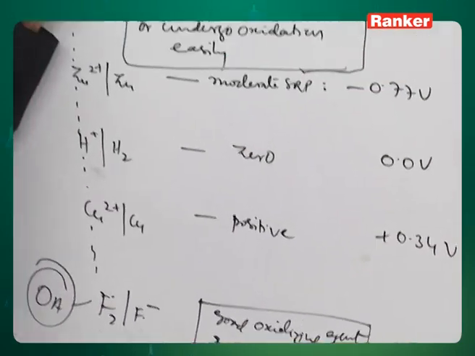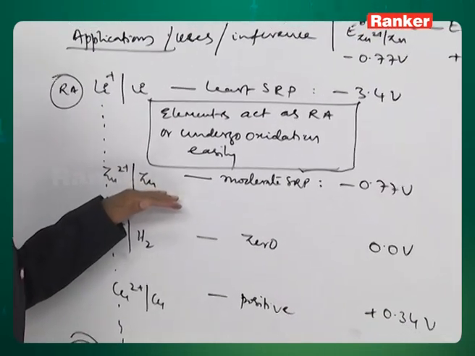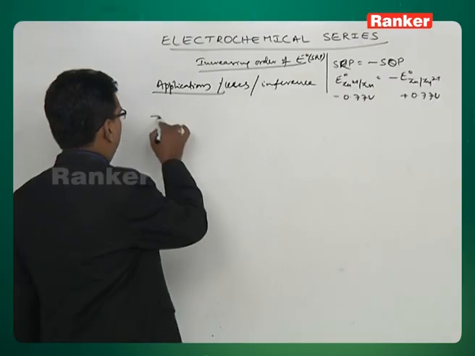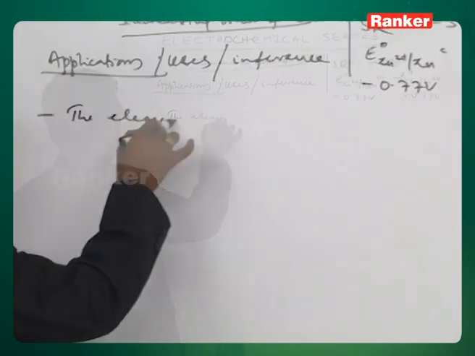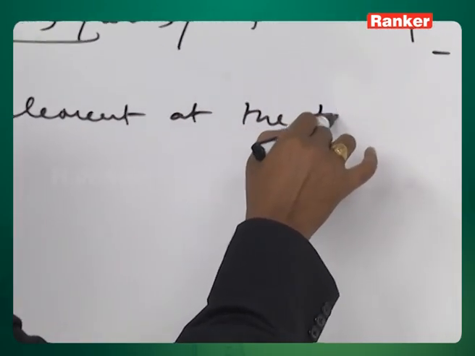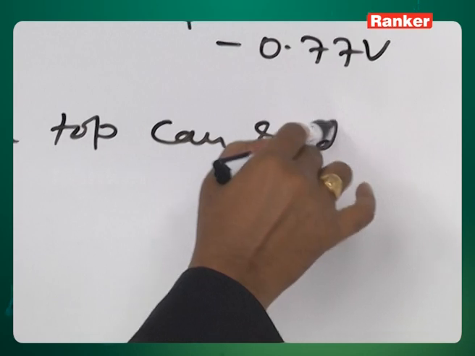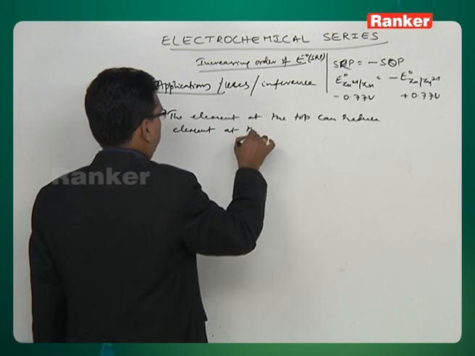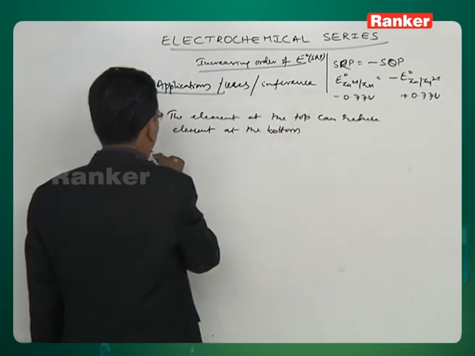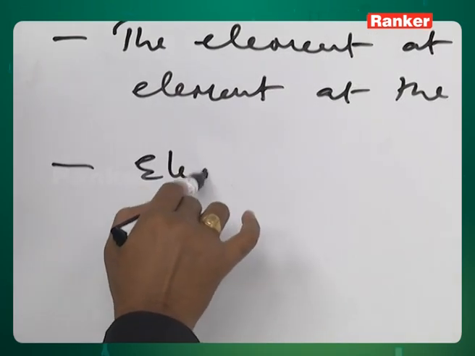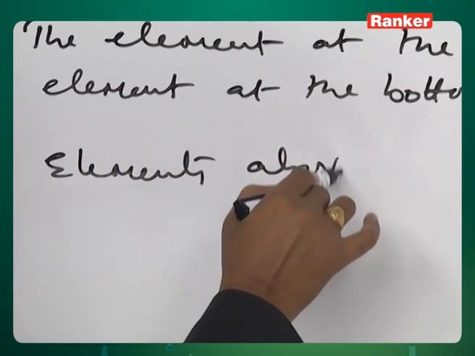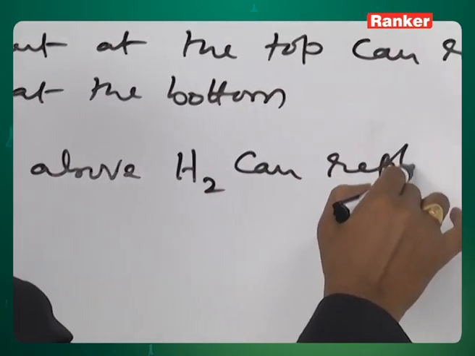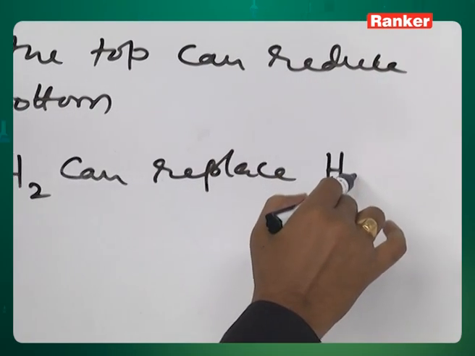The element at the top can reduce the element at the bottom, and also elements above hydrogen can replace hydrogen